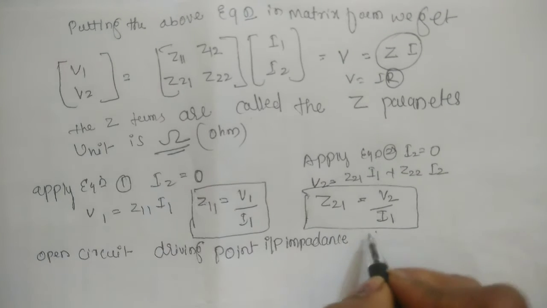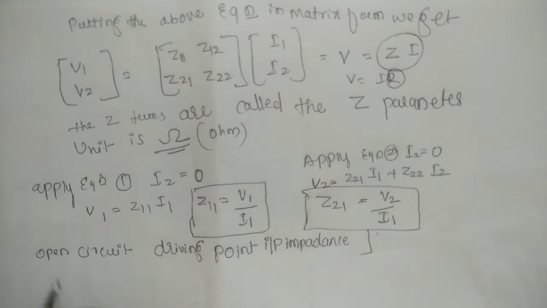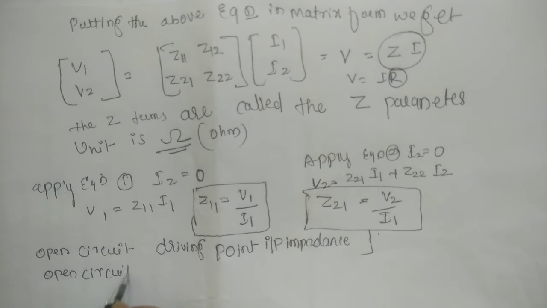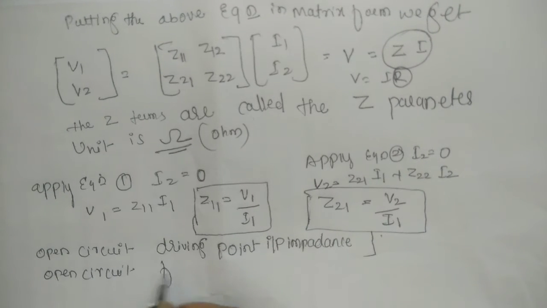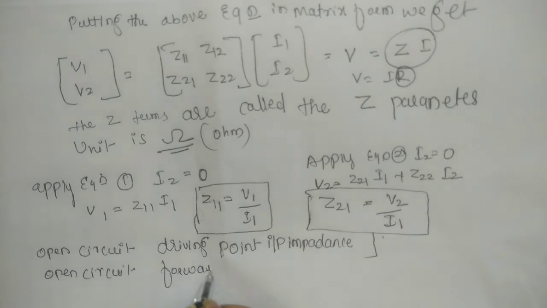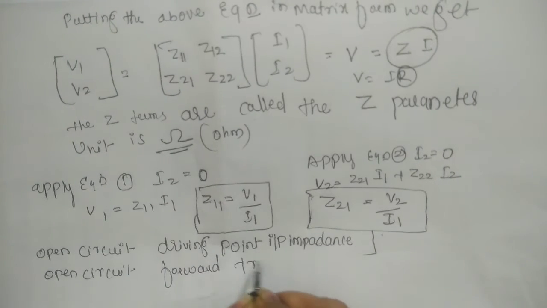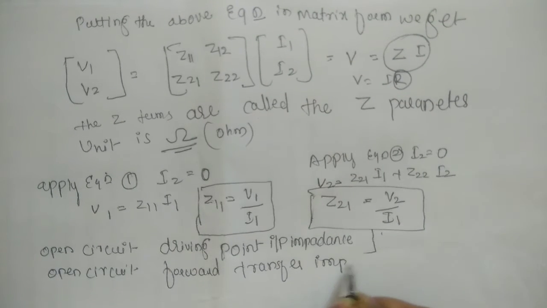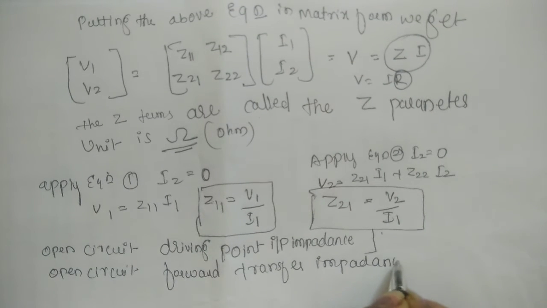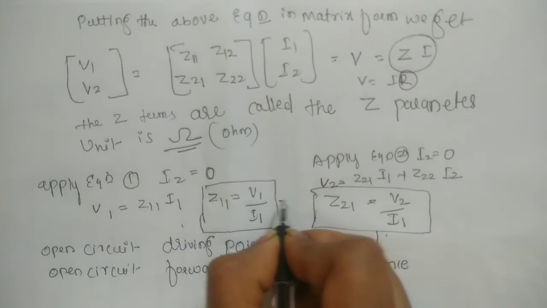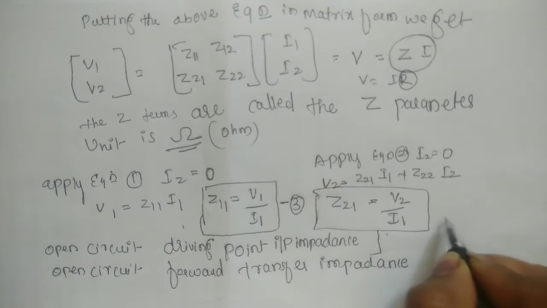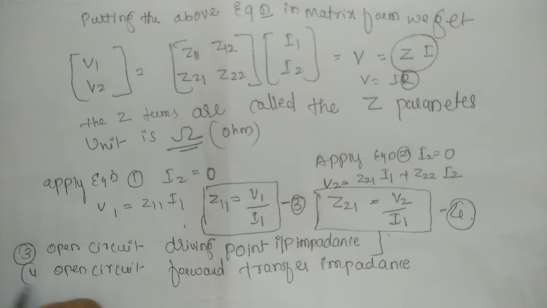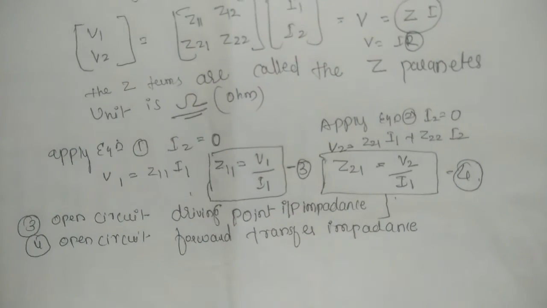Yes, this is called the open circuit forward transfer impedance. This is the third and fourth one, equation 4. Next,